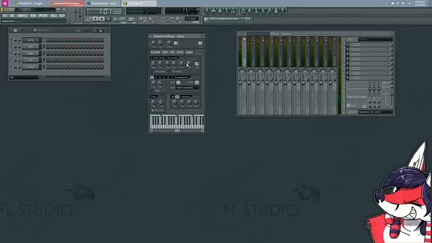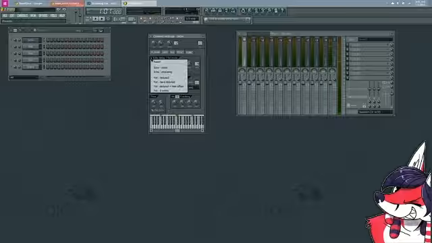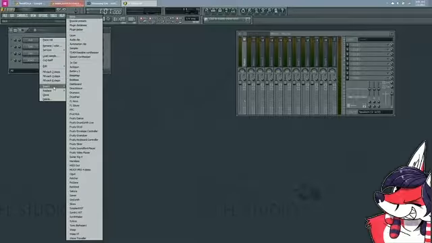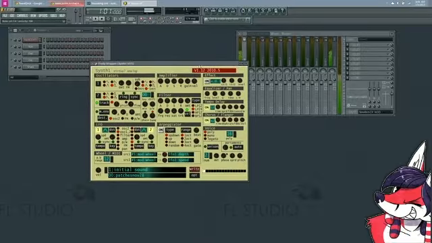Yeah, it's hot. Fuck, that sounds so bad. I'll just never open 3XOSC again. And I will load in, yeah, that's an application. That's something I know how to use.